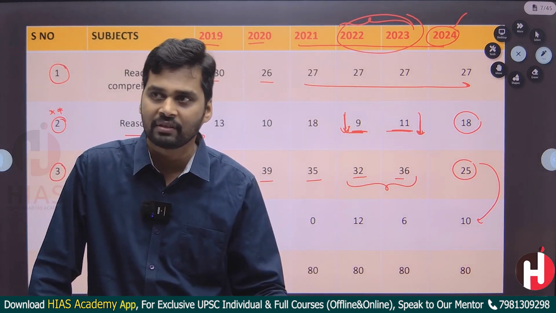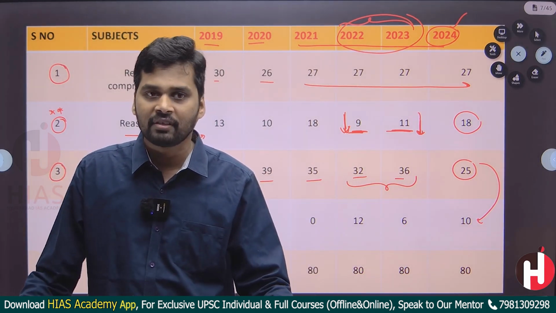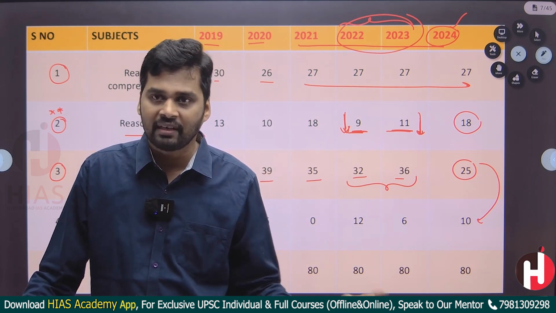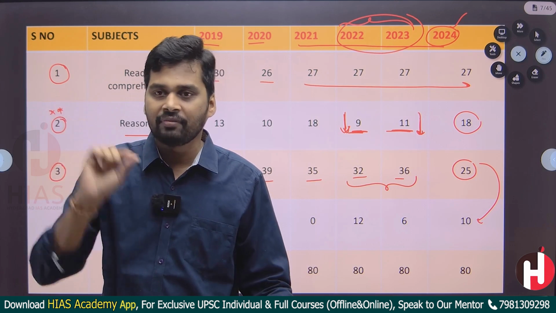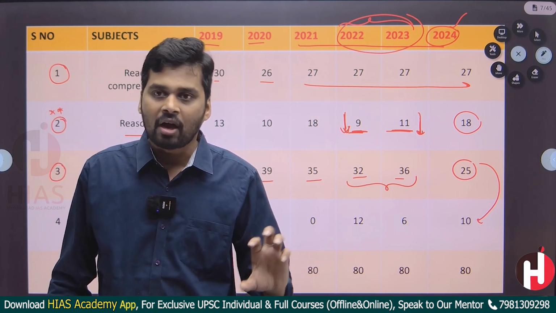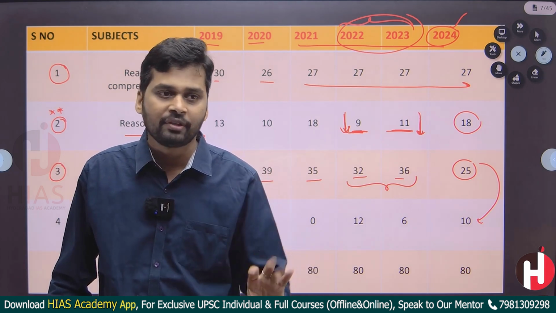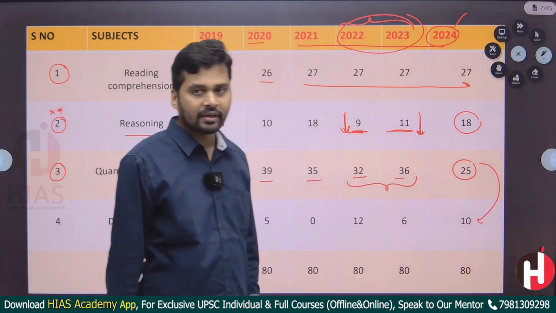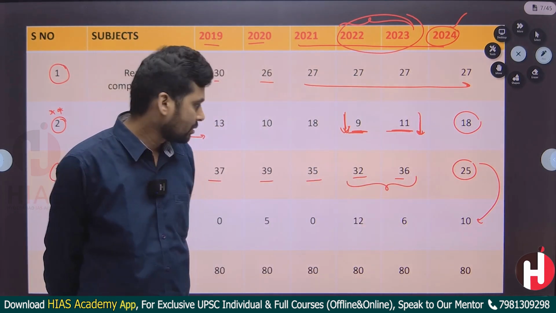What is data sufficiency means that in GS paper you can see that statements are given. Statement 1 and statement 2. So exactly like this, statement 1 is given to you and statement 2 is given to you, and there is a question, and how do you solve this question? Based on which statements you can solve. All questions of data sufficiency are again related to quantitative aptitude also.